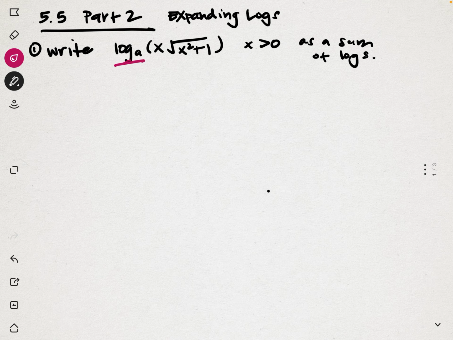So the first example says write log base a of x times the square root of x squared plus 1, x is greater than 0. So this is just part of our domain restriction, right? They're just telling us that x has got to be greater than 0 because